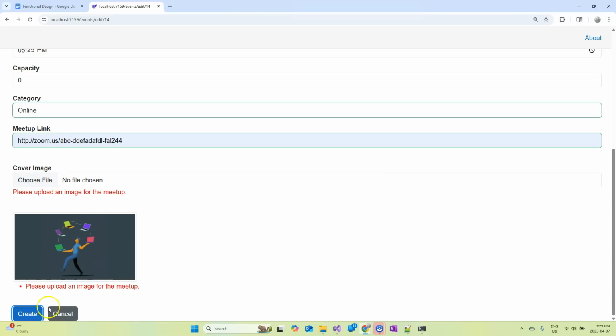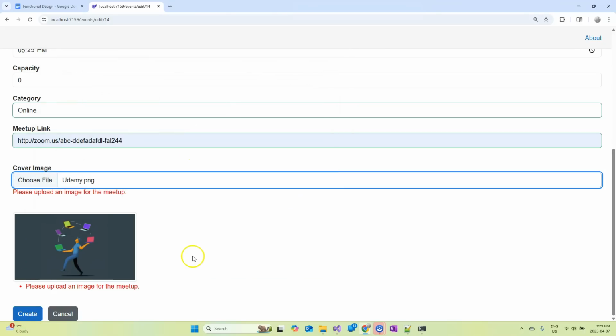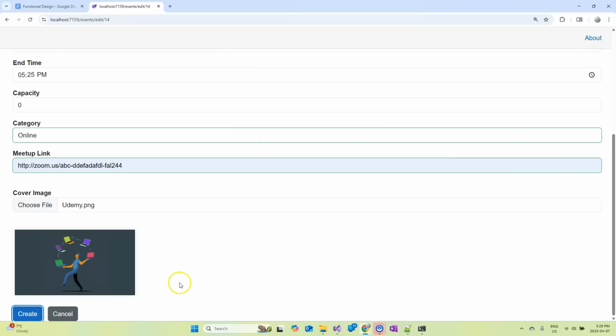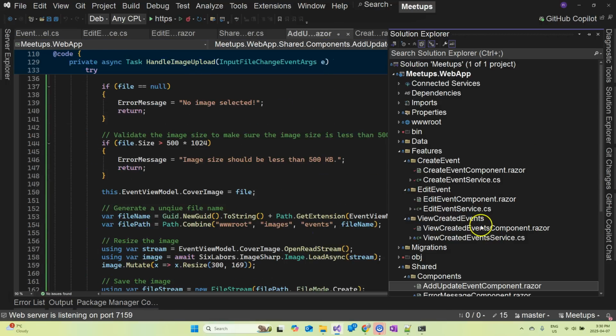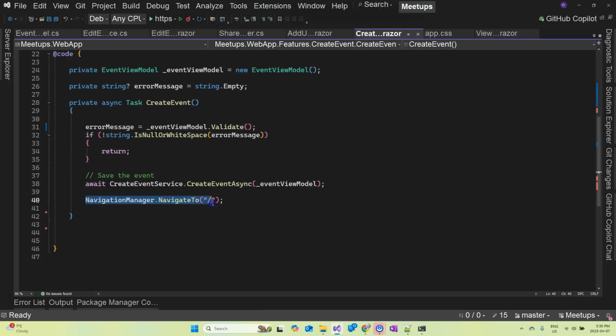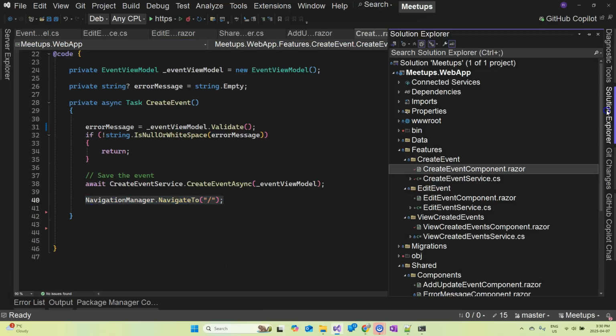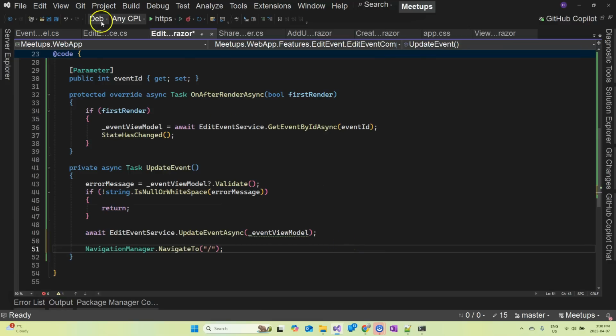But in order to actually test the save, we need to upload the image again. Now click on the create button. Is it happening? Nothing is happening. Is it because I didn't redirect? Let's go to create. At the end, I did redirect, right? And for edit, at the end, I didn't redirect, and that's the problem. Okay, but in order to check whether we are working properly,